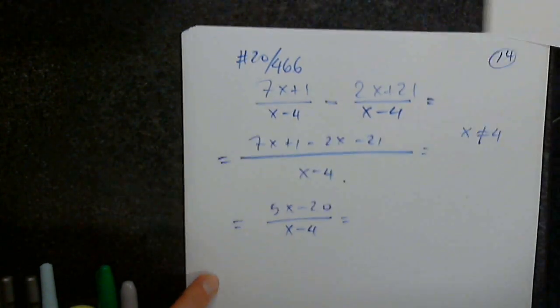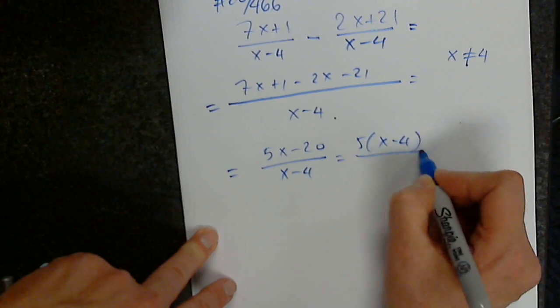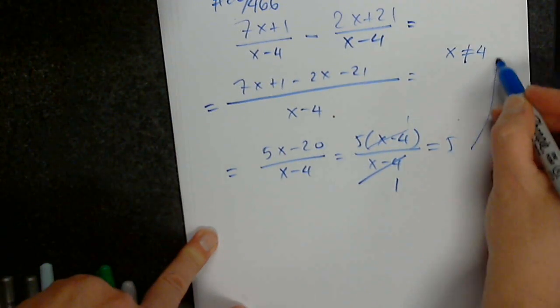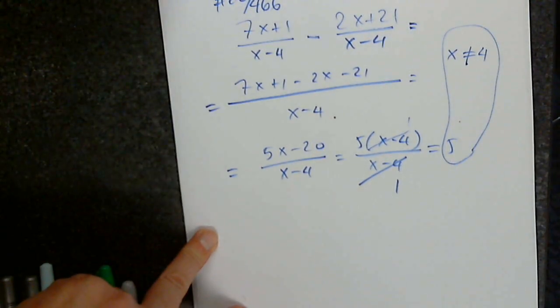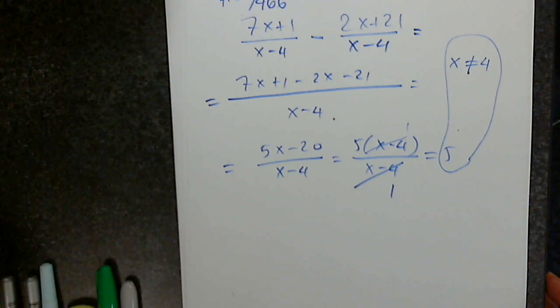Can I do anything to the top? You can make it 5 parentheses x minus 4, which would end up equaling 5, only if this happens. Very good. Perfect. Okay, let's go back to section 7.2,